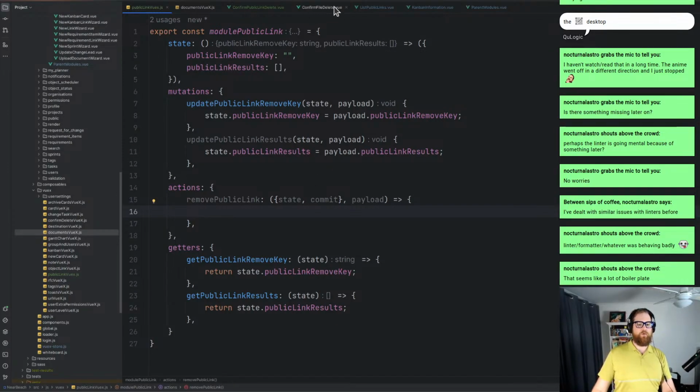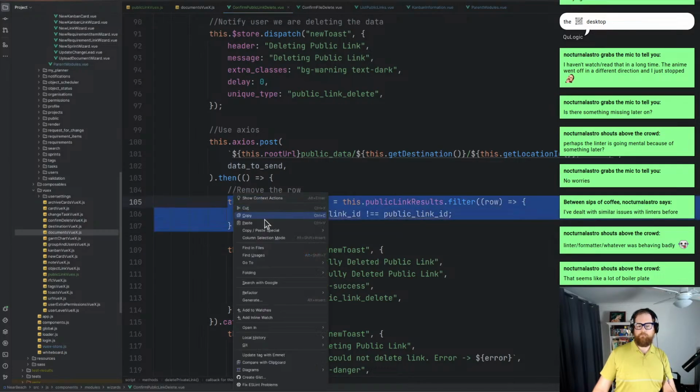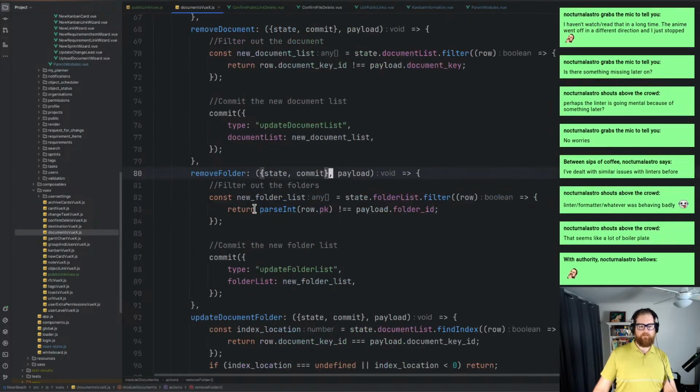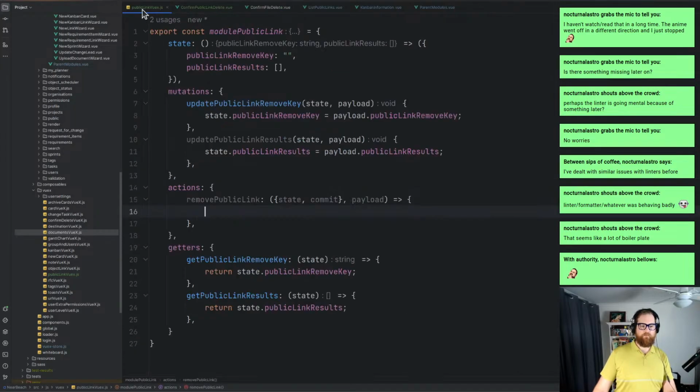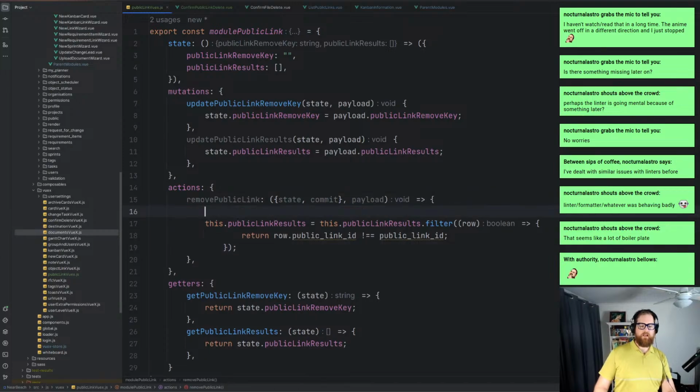And then from here, what we're going to do is we are going to go here where we're going to copy this for reference. I'm going to remove that. We're going to open up this. We're going to paste this in for reference. What we want to do is we want